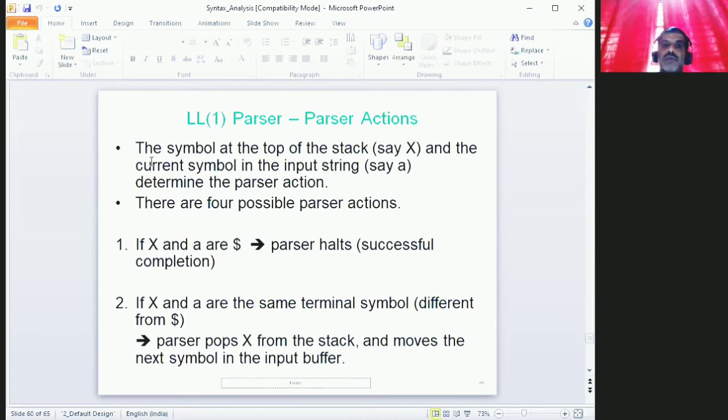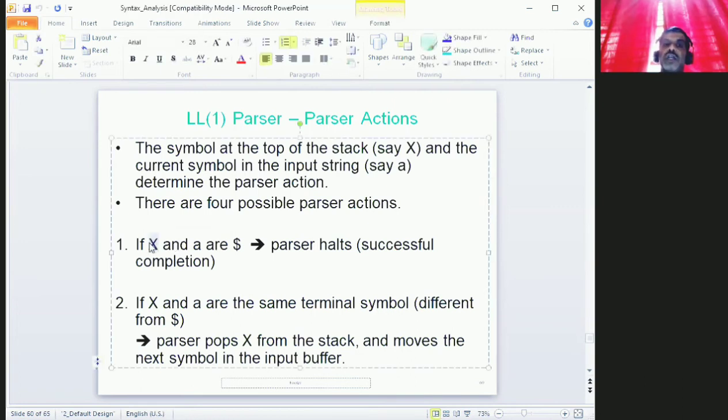Now it works in this fashion. The symbol at the top of the stack, say X, and the current symbol in the input string, say A, determine the parser action. There are 4 possible parser actions. If X is on the top of the stack and A is the input symbol, and both are dollar,